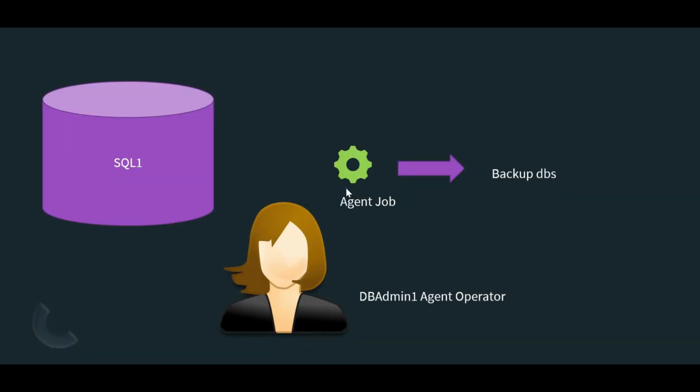So if this agent job fails, suppose this person triggers the agent job or schedules the agent jobs to run at a particular time and it fails. So this is the agent operator. This job fails, then in any company you will see an email alert is needed, because if the agent doesn't get alert and he or she checks the status of the job every 30 minutes, there can be a delay in understanding that the job failed. So they want email alerts.